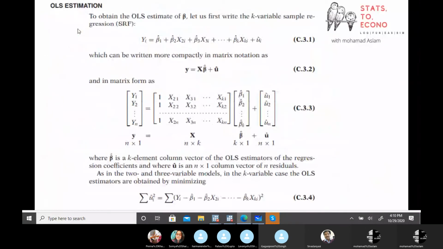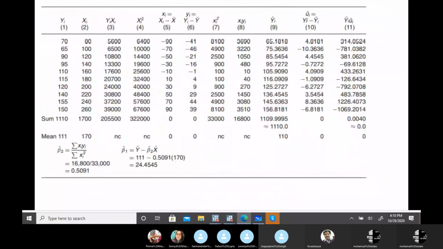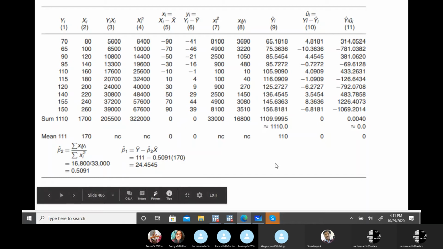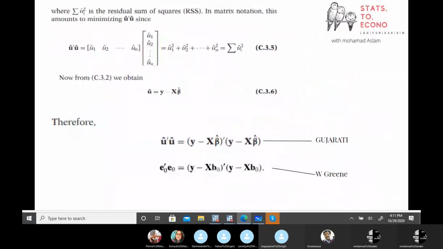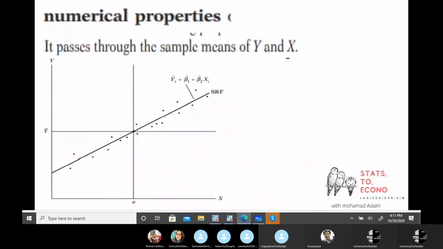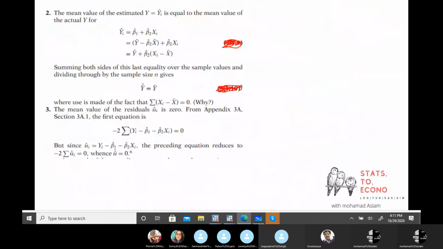First, just see this in the data. The mean of this estimated y is 110 and the mean of actual y is 111, nearby, approximately, right? So what is its implication? The average value of estimated y is equal to the average of the actual y. Why is it important to know that? If it's a property, then what's its importance? The mean of the estimated value is equal to the mean of the actual value.